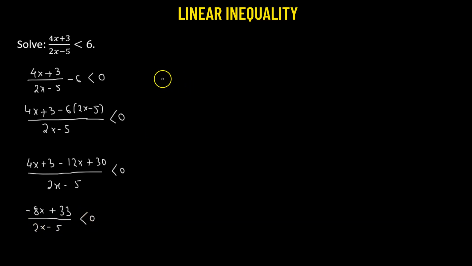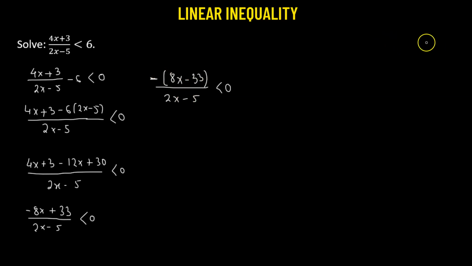If we take negative as the common factor, we have negative of (8x - 33) divided by (2x - 5) less than 0. The only reason we are doing this is so that we can make the coefficient of x in the numerator positive. Now we will multiply both sides of this linear inequality with negative 1, but before doing that